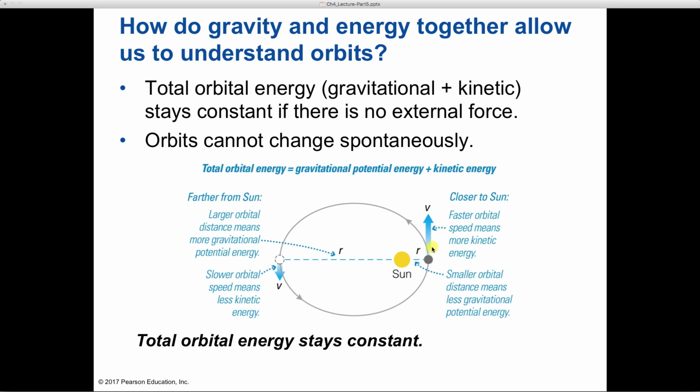So, if you remember, gravitational potential energy is an energy of interaction between two objects that have mass. In this position, the planet is close to the sun. And so when the two objects are close together, there's lower gravitational potential energy. And the planet here has some speed, some velocity, and so it has some kinetic energy. So when we add the kinetic energy and the potential energy together, we get what's called the total energy,